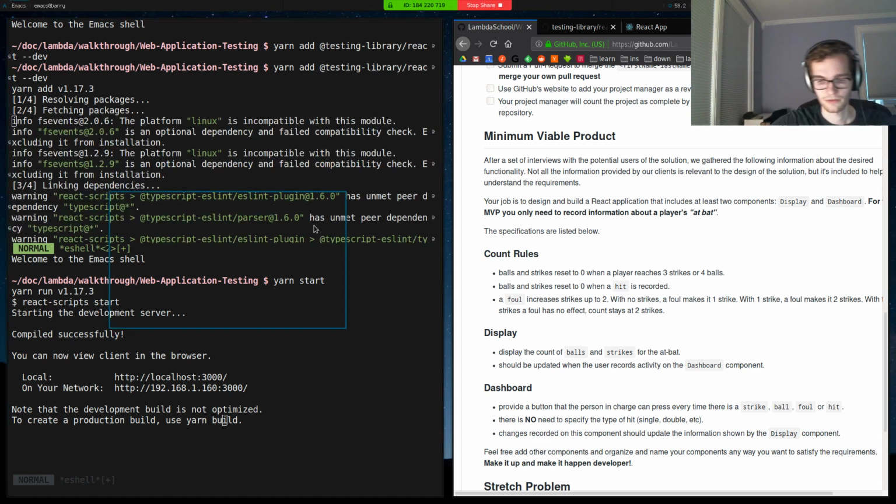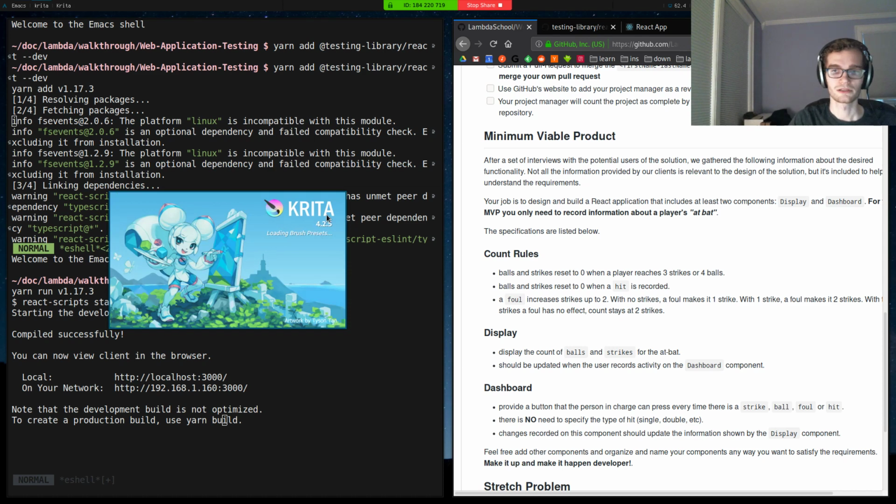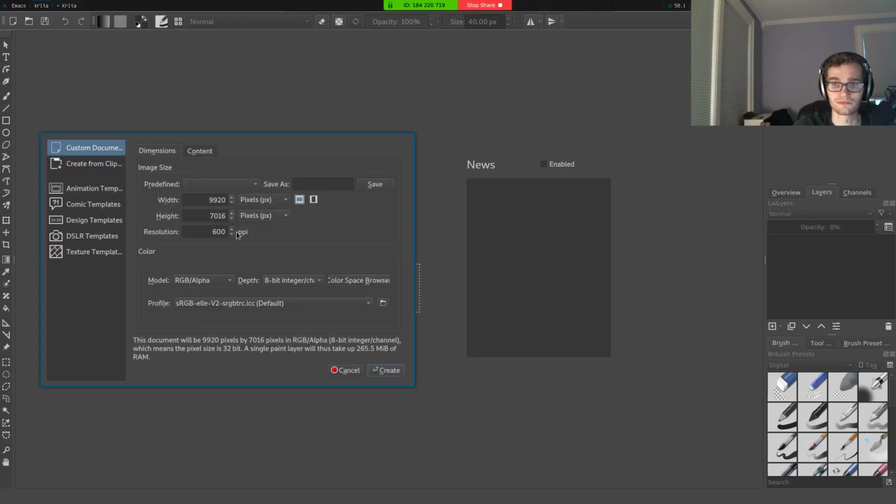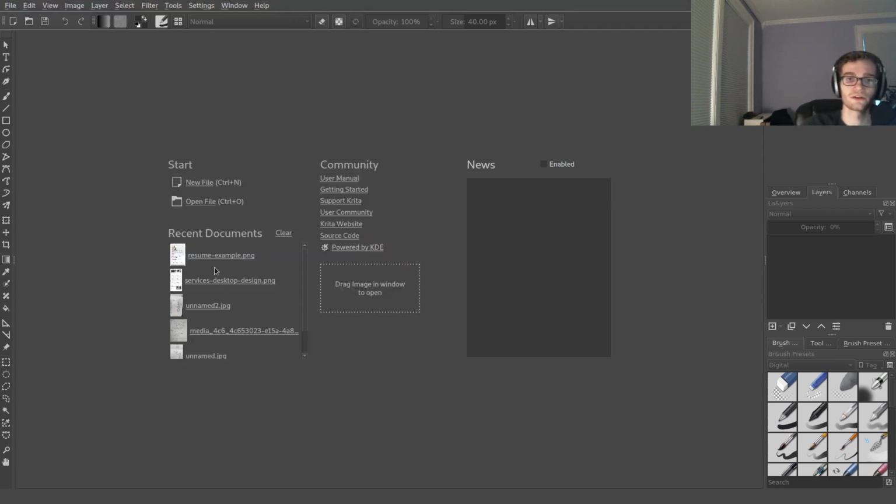bit about architecting this app, because this is a really important part of testing, is trying to write code that's easy to test. Because code that is easy to test is generally easier to reason about and easier to compose and reuse. So a good reusable component should be a good testable component and vice versa. And what do I mean by this? Well,